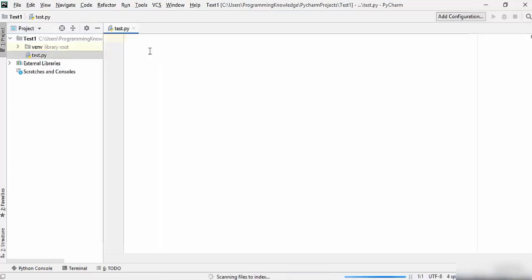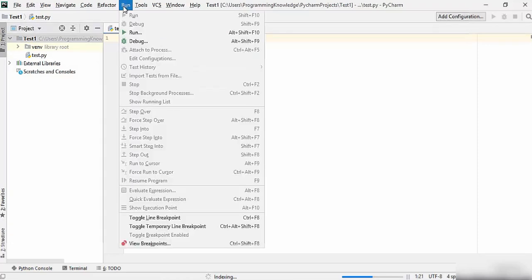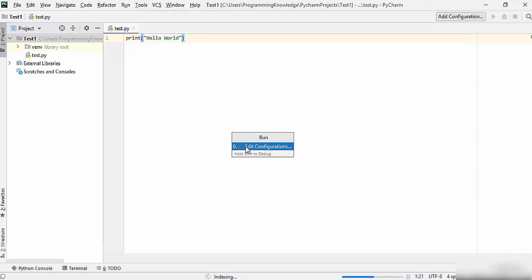So here we are going to just check whether Python is working inside our PyCharm IDE or not. And here I'm going to just write print, and then I'm going to just print hello world here. So hello world. And in order to run the script, you just need to click on run here. So just click on run and then run once again, and you will see this kind of small pop-up here